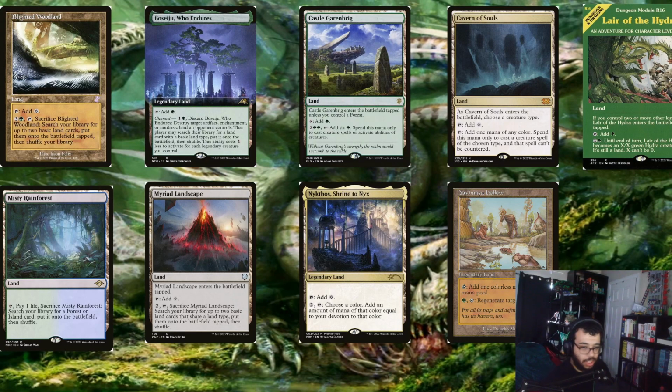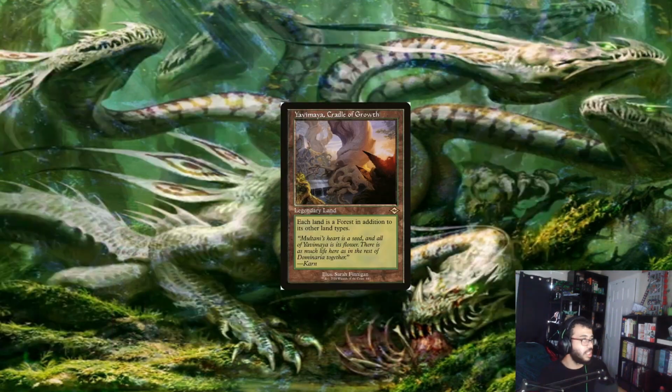Regenerate target creature you control. Oh, it's regenerate. I thought it would be target creature you don't control. Okay, I didn't know that. And our last land is Yavimaya, Cradle of Growth. Each land is a Forest in addition to its other types, which helps with...